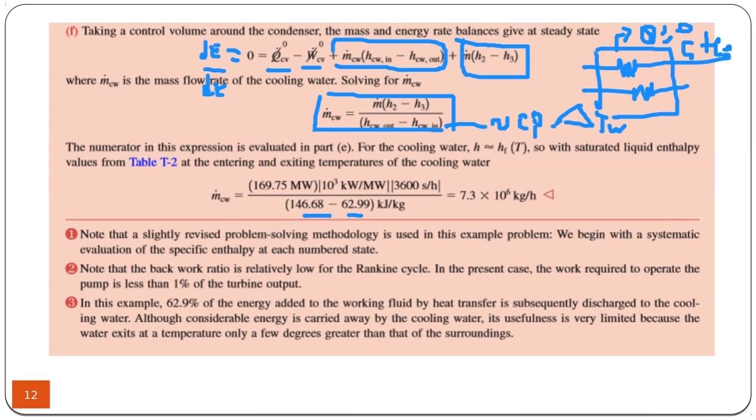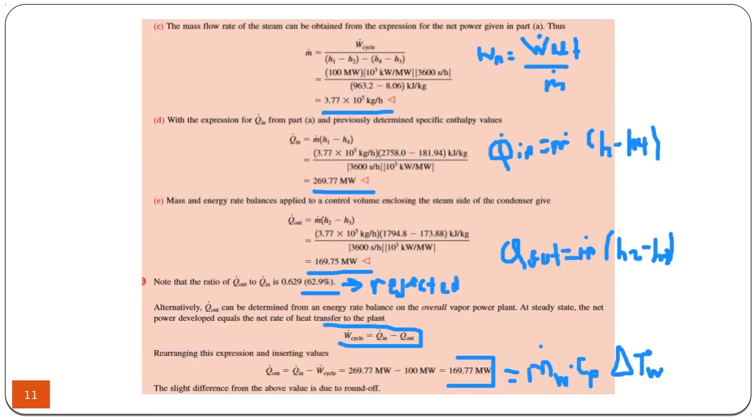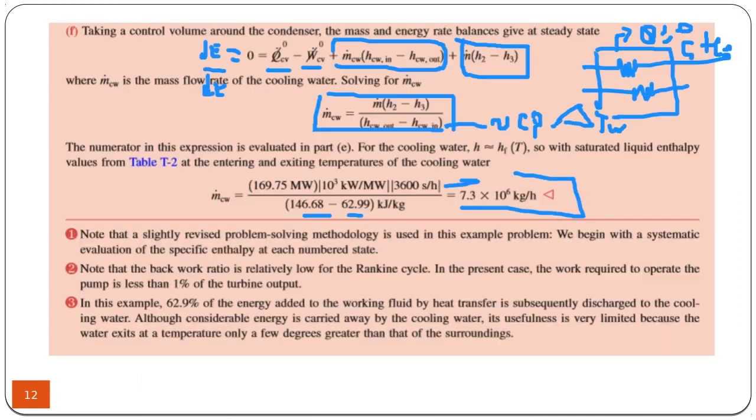So you can see the mass flow rate of the water is 7.3 times 10 to the 6th. The mass flow rate of the water is much greater than the mass flow rate of the steam. If you compare it, you will see that the difference between them is about 30 times. So the mass flow rate of the water is almost 30 times the mass flow rate of the steam, which